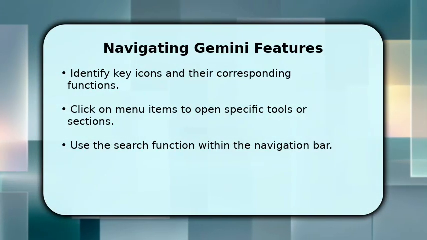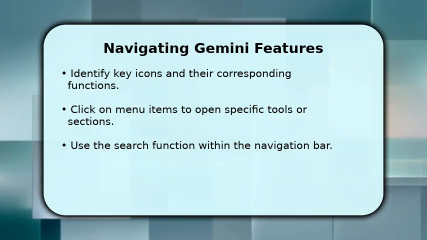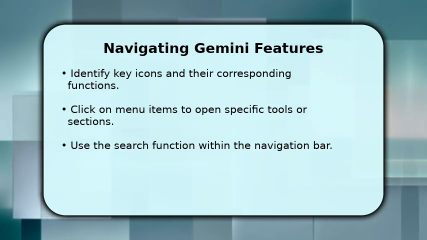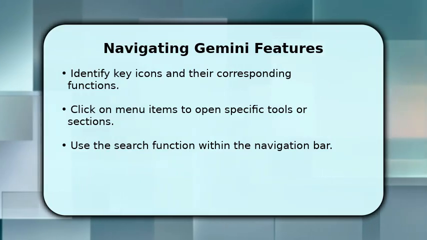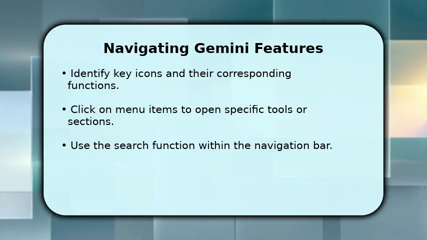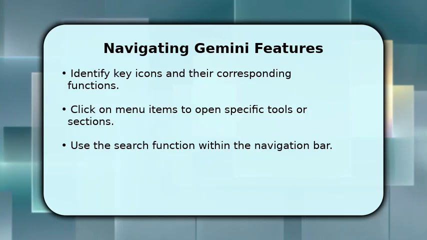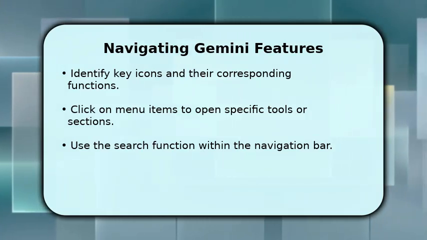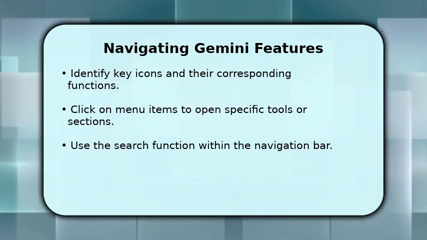The navigation bar contains several icons, each representing a different Gemini feature. For example, you might see icons for chat, image generation, or code assistance. Simply click on an icon to instantly switch to that function. Some navigation bars also include a search bar, allowing you to quickly find specific tools or past conversations without extensive